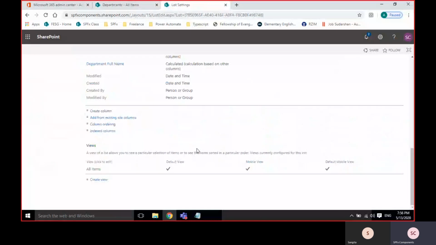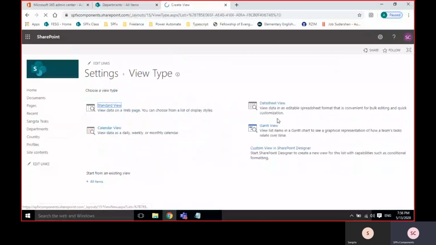So we can create our own view. In the views section, all items is the default one. With that, I can create one more view. There are 5 types, but 99% of the time we will use the standard view. I'm just creating a standard view now.